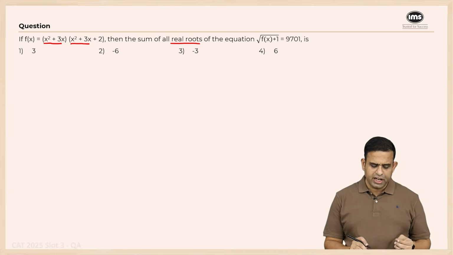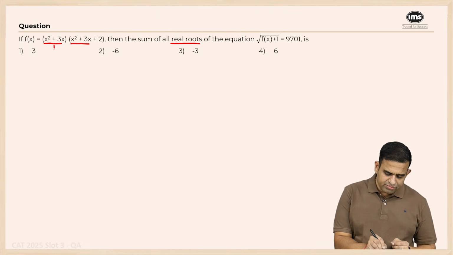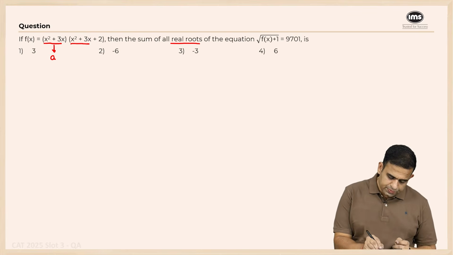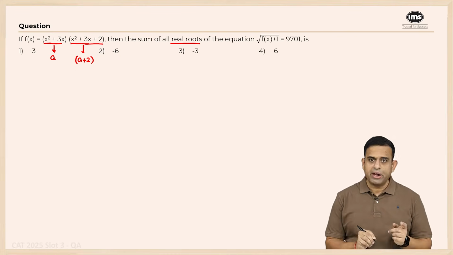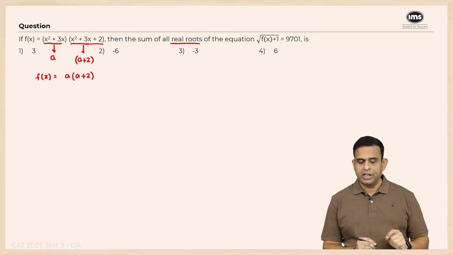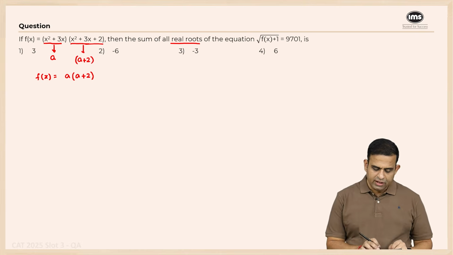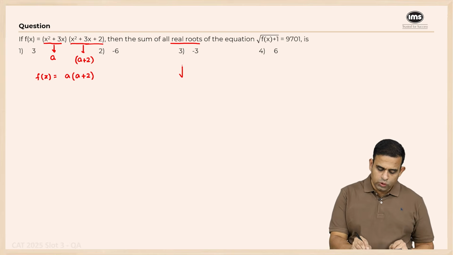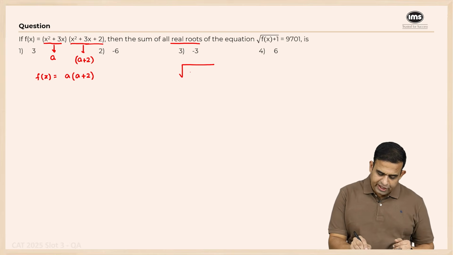So first of all, in this particular case, what I can do is, if I take this term x square plus 3x to be a, then the second bracket will become a plus 2. So now if I look at my term f of x, I can say it is going to be a times a plus 2. And at this particular point of time, what you can possibly say is that this term, root of f of x, as I know, is a into a plus 2, plus 1 will be equal to